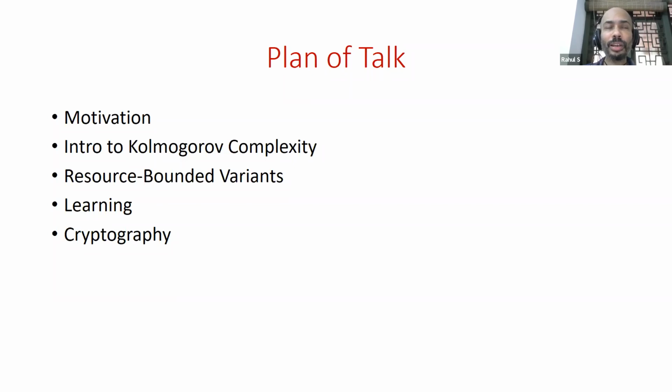Then I'll talk about how to define versions of Kolmogorov complexity that have resource bounds on them, where you're trying to do things in a resource-efficient way, and about the connections this has to the P versus NP problem. Then I'll talk about connections to learning theory, and finally to cryptography. When I'm talking about cryptography, that will bring us to state-of-the-art work that has been done very recently, but which I think is already, at least in terms of the statements of the results, quite accessible to graduate students in any area of computer science. So that's the rough plan.